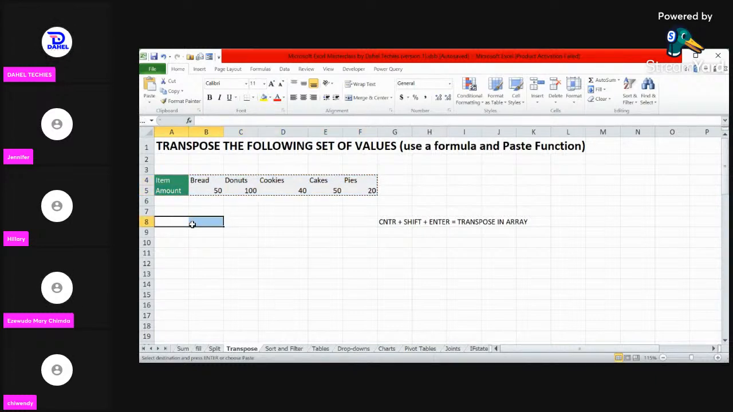6 columns. How many? 6 columns. All right, 6 columns. So this is 2 rows. This is 2 columns. So after